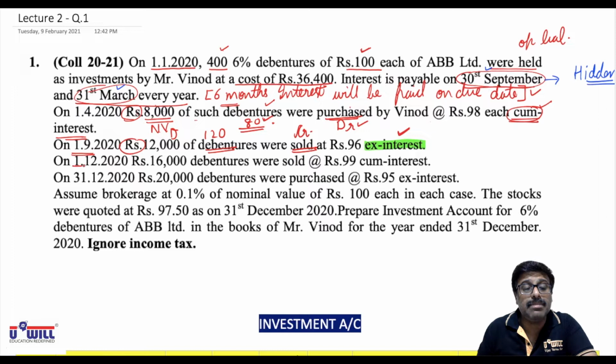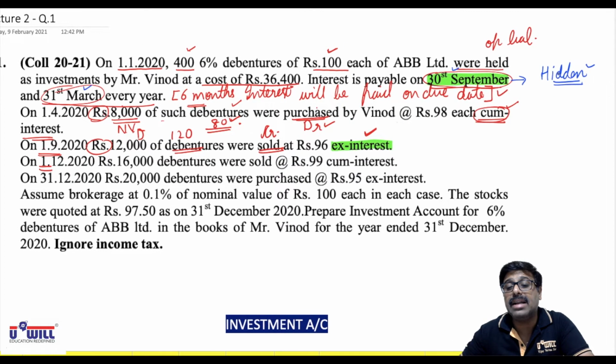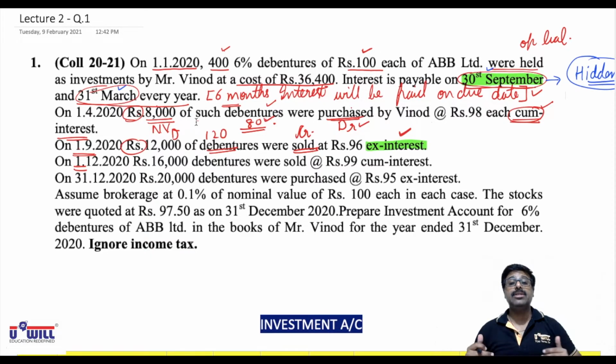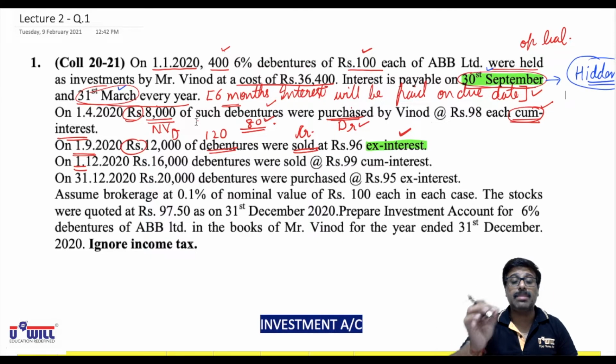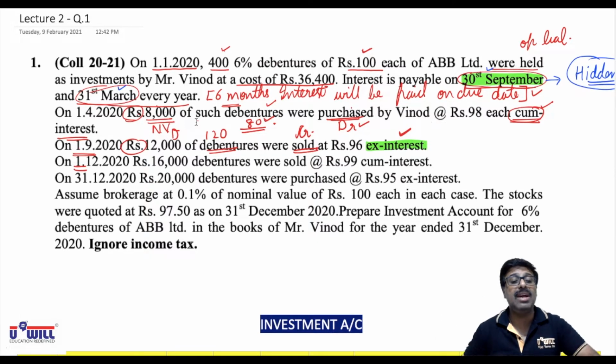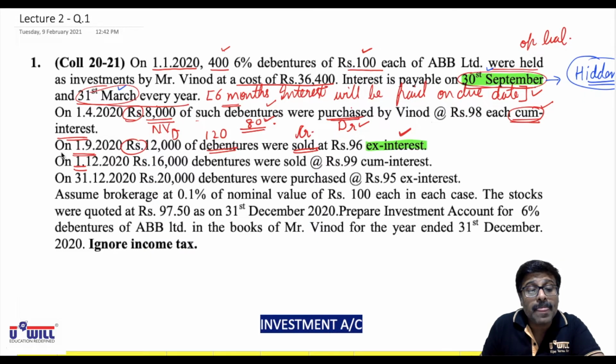Now 1st December. Can I say between 1st September and 1st December, this 30th September will fall? That will come in chronological order in between. That's why I told you these are hidden transactions. We have to insert them in between. It is not mentioned anywhere that on 30th September we are receiving interest. But it's mentioned in the question that 30th September is the due date. So we have to automatically remember that on 30th September we would have received interest. So insert it in between. When we solve the question, after 1st September, we will record the 30th September interest transaction.